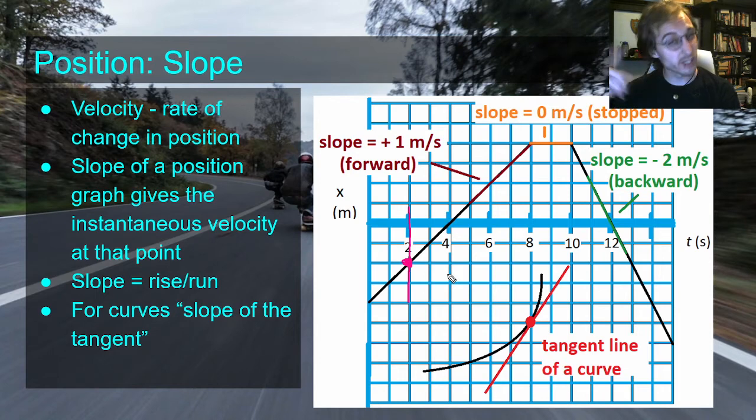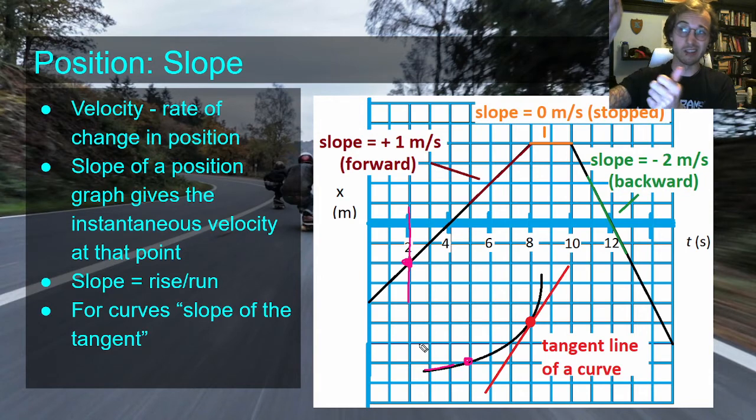This gets weird if it's curved. So if it's something like this, it doesn't really make sense to say the slope at 5 seconds, because there isn't a slope at 5 seconds because it's a curve. But what we can do is we can say, all right, well, if I squint really hard and draw a line so that I'm basically taking a sheet of paper and tracing it along the curve,